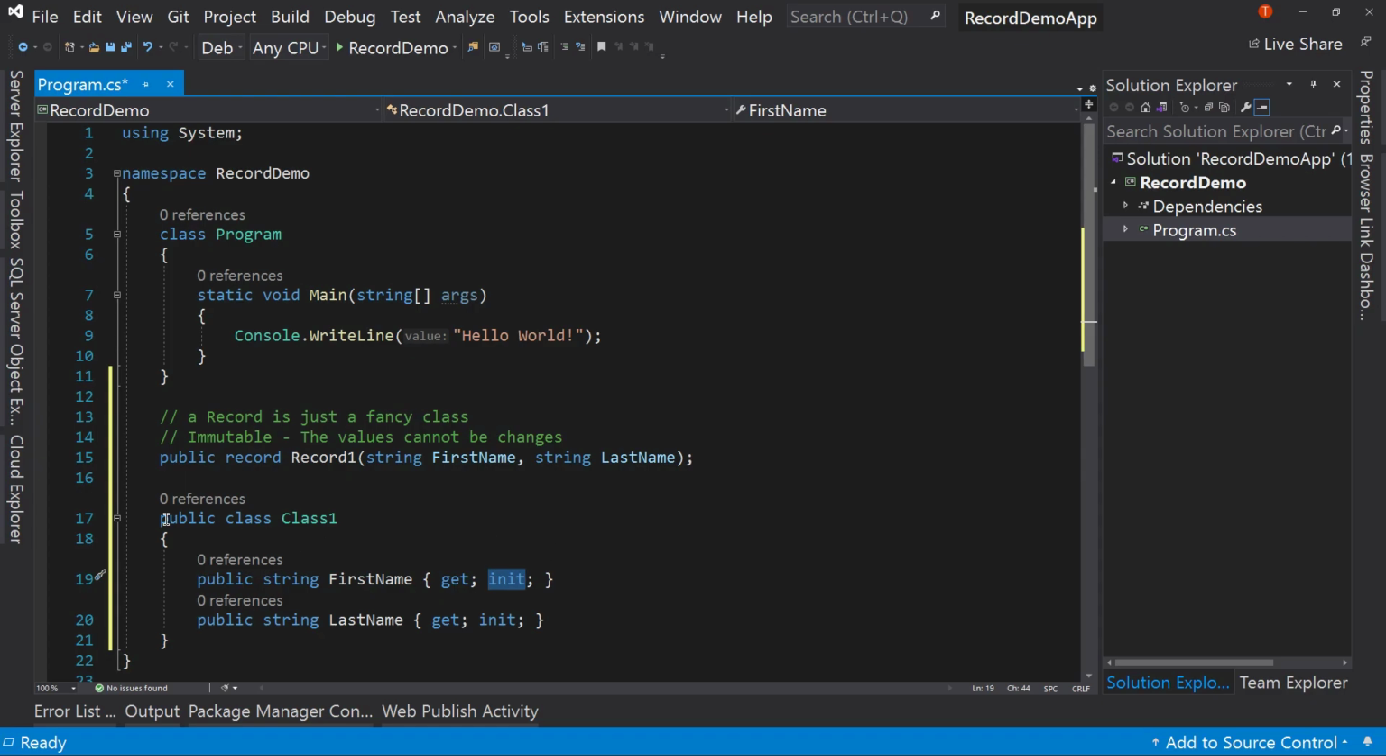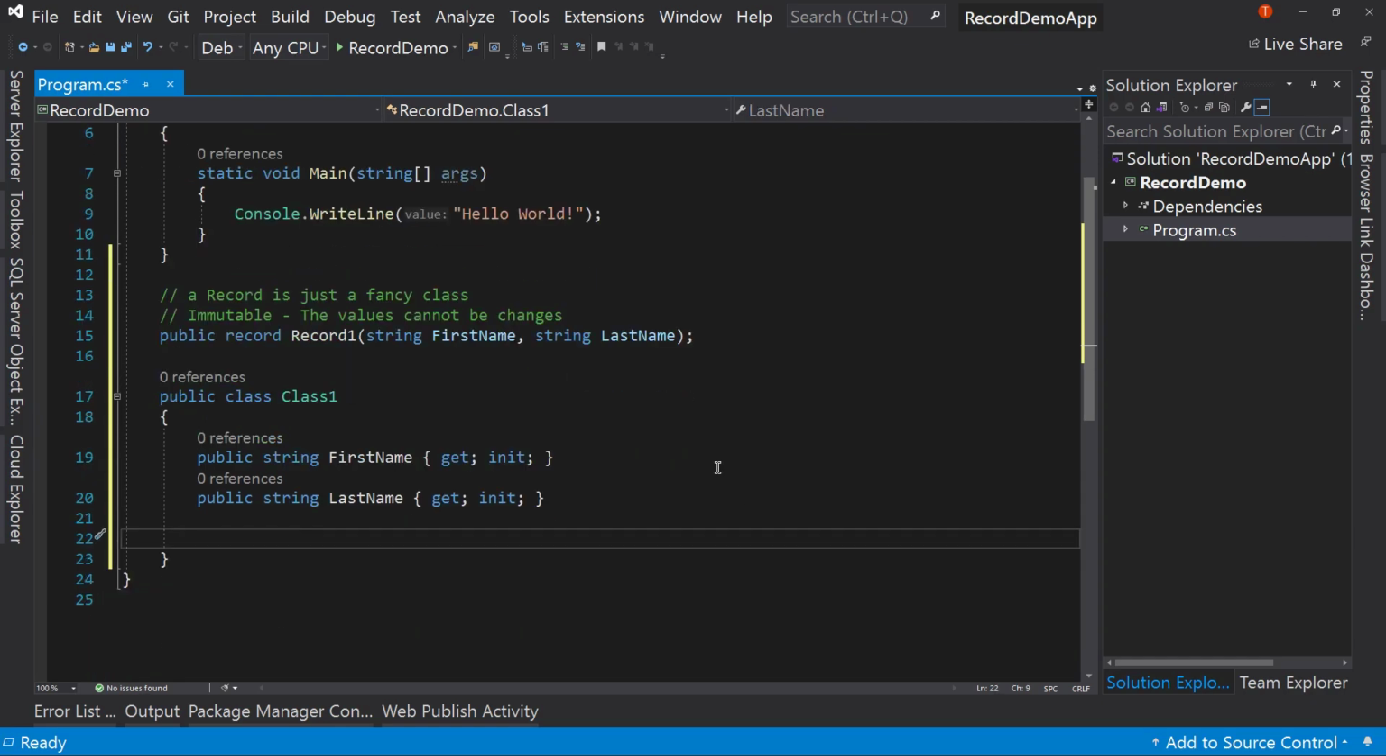Now, I said that this representation of a class is similar to this record, but it's definitely not the same. There's a lot more that goes on behind the scenes in a record. So we're going to keep adding to this class and kind of see what else we can see out of it. Well, one of the things is that